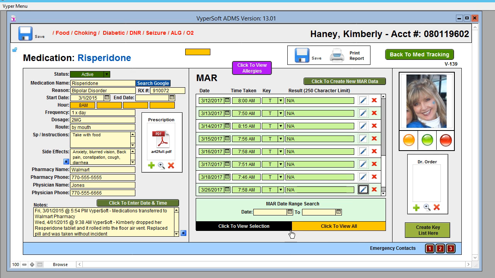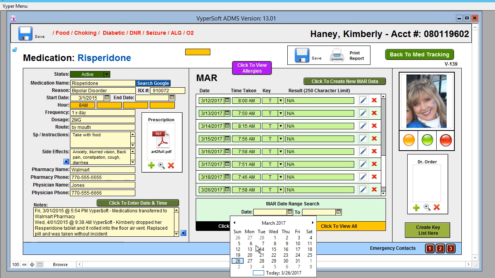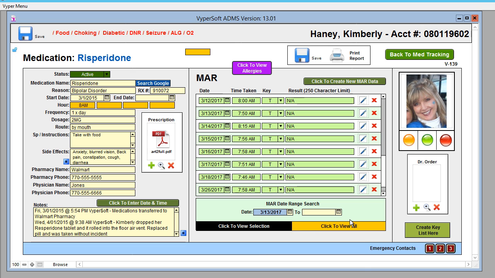and then click the red button to close the window. And that's it. So now you have the ability also from this screen to do a MAR date range search. And I'll show you in a moment another area that you can do a more in-depth printout of your date range. But let's say, for example, we're going to look for that date range of March 13th to March 17th again. And I can click to view all, or I can click to just view that selection of this